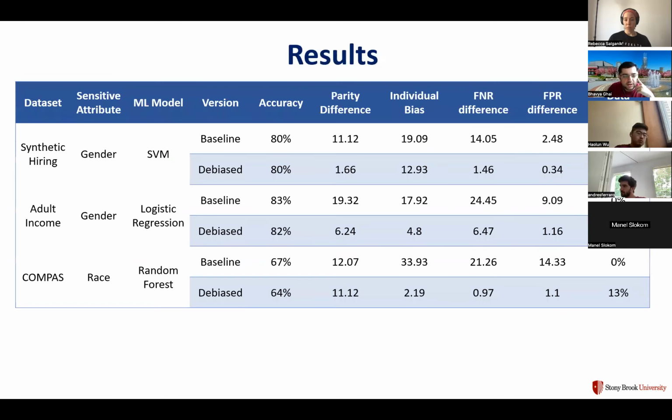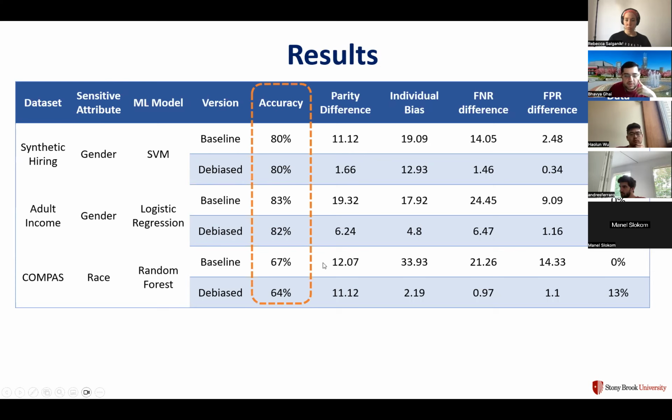So if you look at the numbers here in this table, I have shown 3 different data sets, and we have chosen the sensitive attribute as gender for the first 2 and race for the COMPAS data set. I've used different ML models here intentionally to show that our approach works for different ML models as well. And here we see the baseline numbers and the debiased version numbers, top and bottom, for all these different data